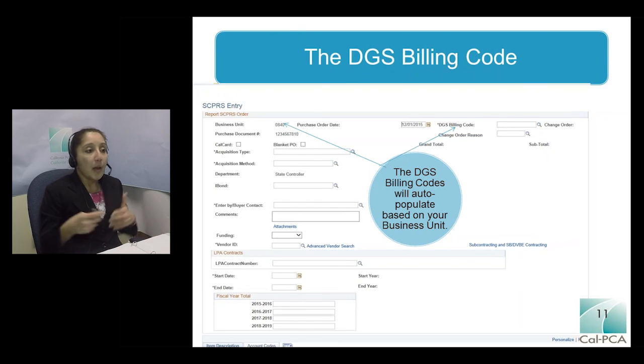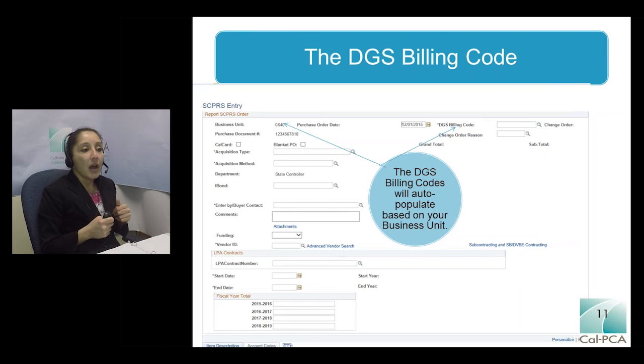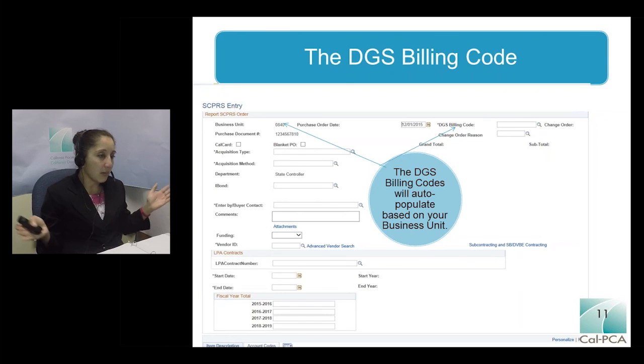The other thing I want to call out is most of our systems that we use do not allow us as buyers to create a purchase order that includes multiple billing codes. Now I know out there may be some of you going, yes, my system does, mine does. If your system does allow you to do multiple billing codes on one purchase order, you are going to have to create multiple Scprs entries using the same purchase order. Now, I will say this, it's going to cause a little bit of extra work and a little bit of math. So you might not want to do this early in the morning if you're like me. You might want to wait till later in the day when you've had enough coffee to make sure that the